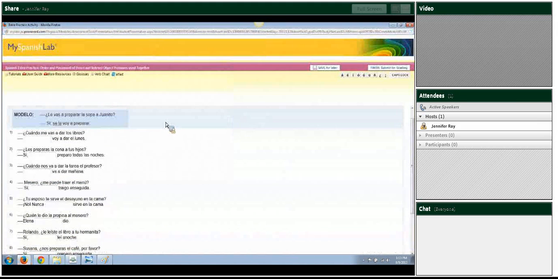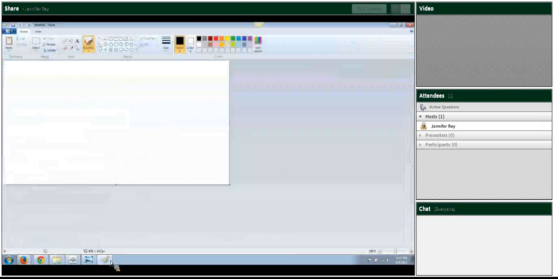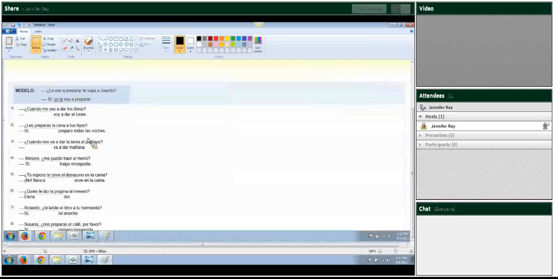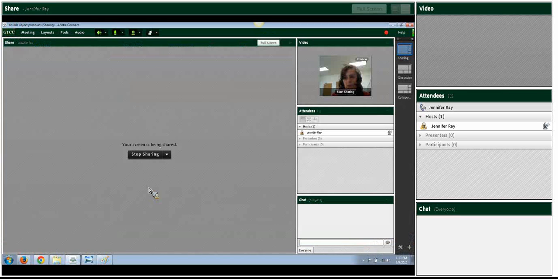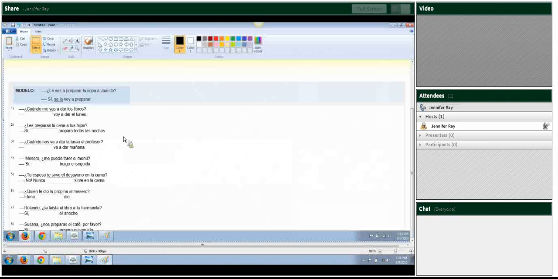Okay, and I'm going to put this out here. Okay, so what this activity wants you to do is to answer the question, and let me just double check that everything's being shared and recorded and voice okay, because I keep having issues. Okay, so what I suggest first before you can do anything is trying to identify the verb.